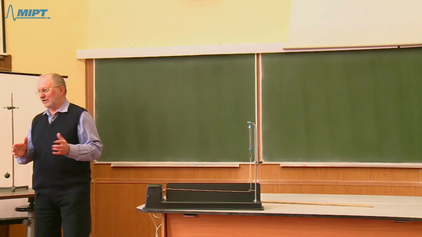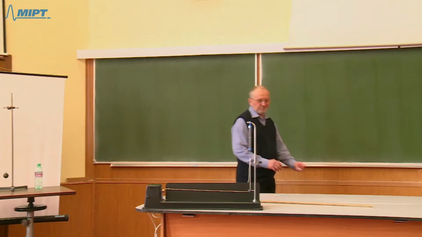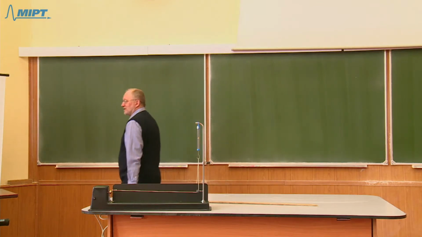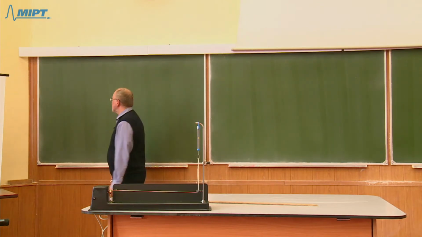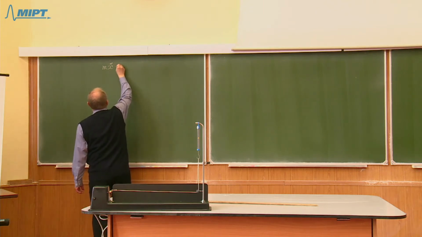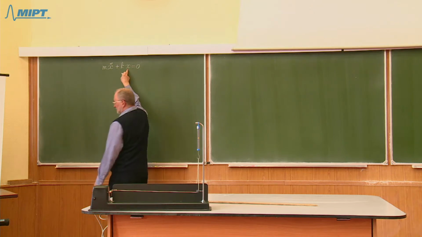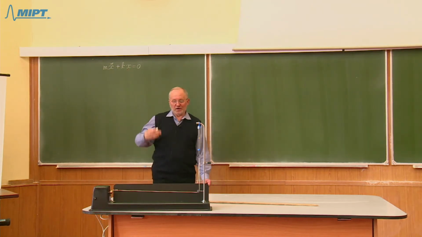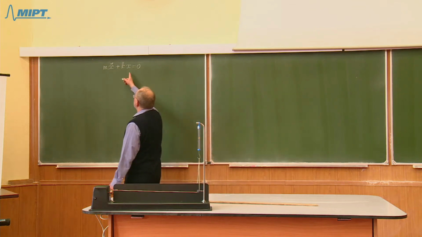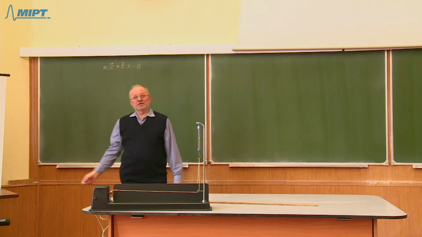Hi. Today we continue the topic we started last Monday, that is oscillations. And we considered oscillations of a body on a spring. And we obtained such an equation of oscillations: mass times acceleration plus the spring stiffness coefficient times x equals 0, where x is the coordinate of the oscillating body, and such a coordinate that x equal to 0